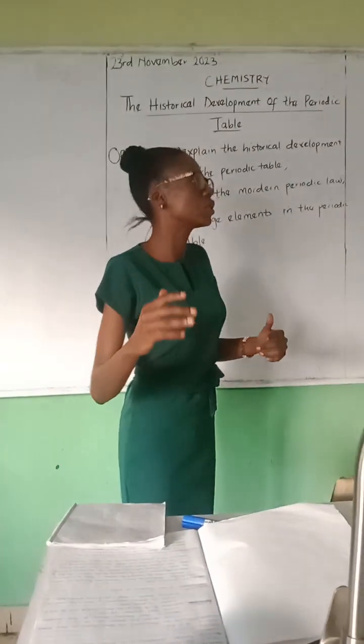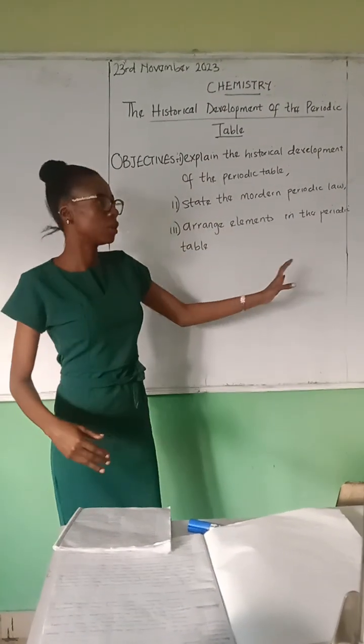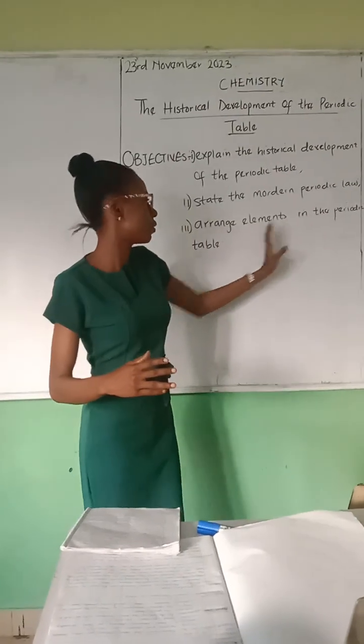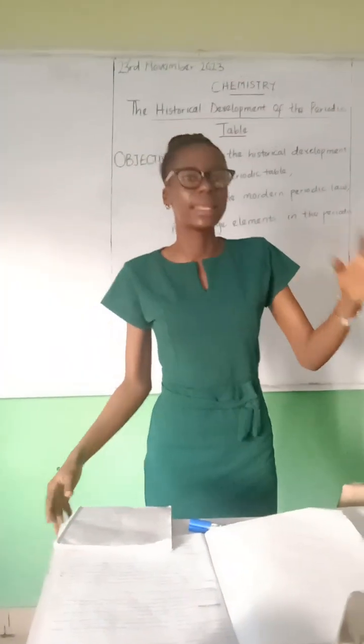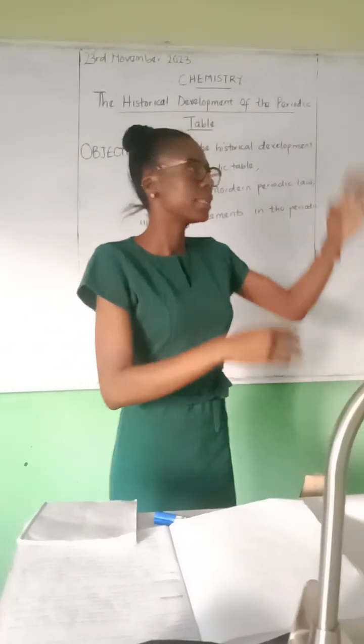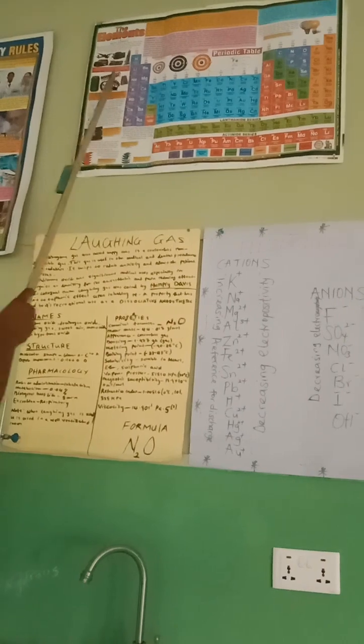Now, let's quickly go to the third objective for today, which is to explain the arrangement of elements in the periodic table. How are the elements arranged in the periodic table? Let's take a brief look at the periodic table now. Elements are arranged into two divisions in the periodic table. We have the vertical section, which is known as the group, and